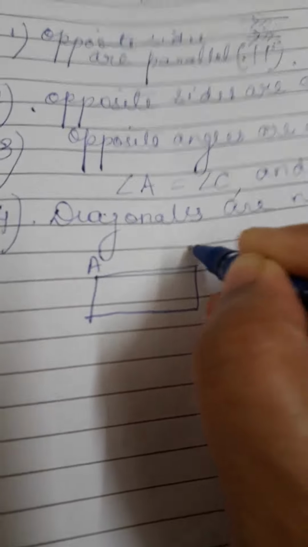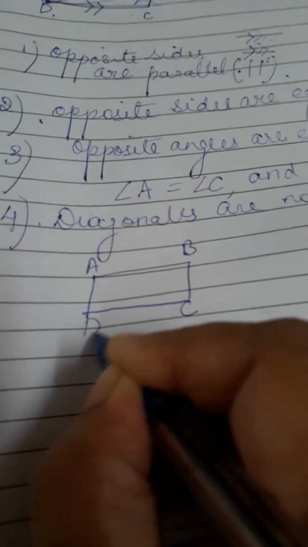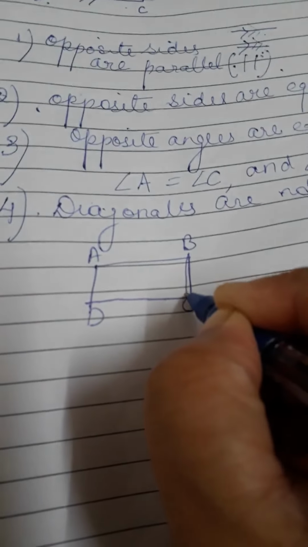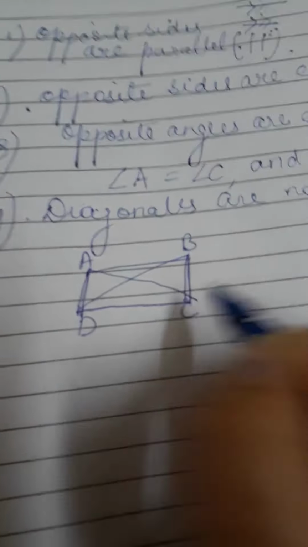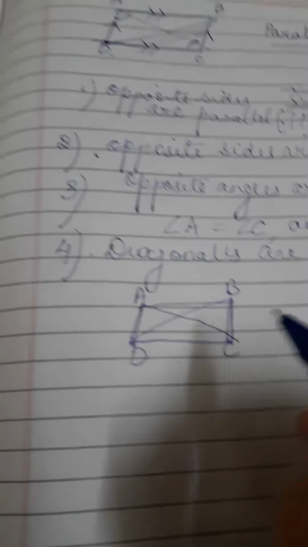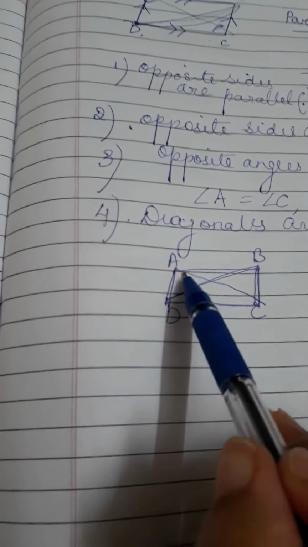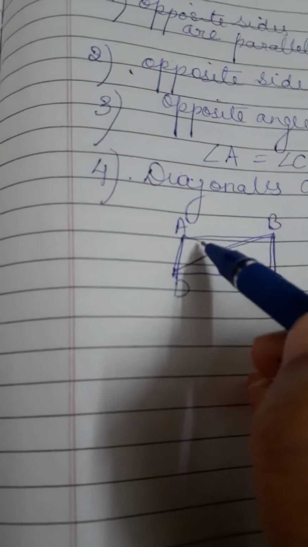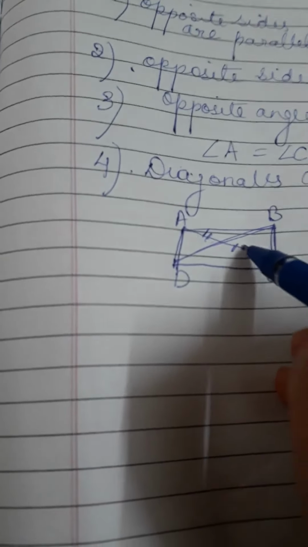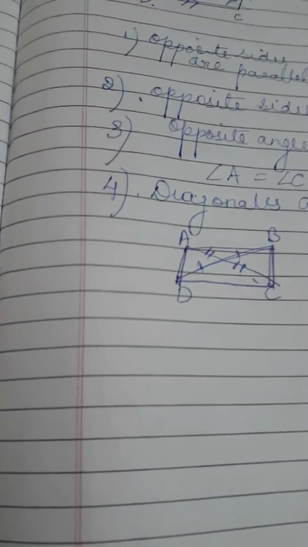The second thing is, the diagonals are cutting each other. I'll draw one more parallelogram and show you. A, B, C, D. It has to be a little slanting because of the angles, okay? These are the diagonals, okay? Now, I've not drawn it with scale, so you cannot see it, but the diagonals are not equal, one thing, and the diagonals bisect each other. What do you mean by diagonals bisect each other? Diagonals are cutting each other like this.